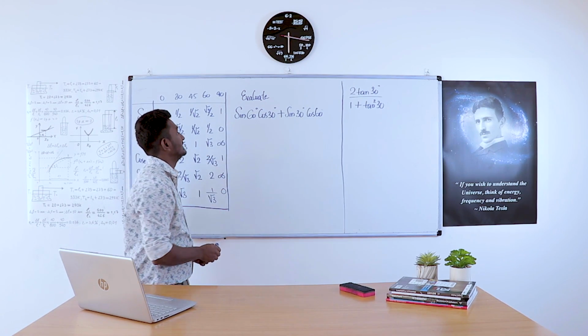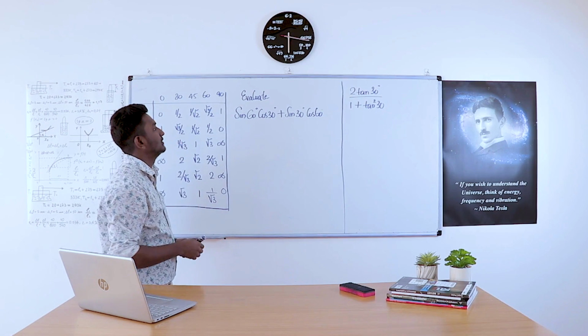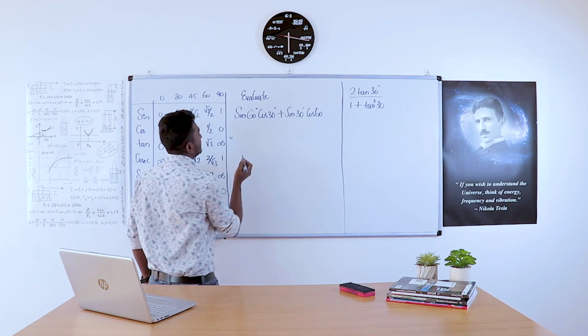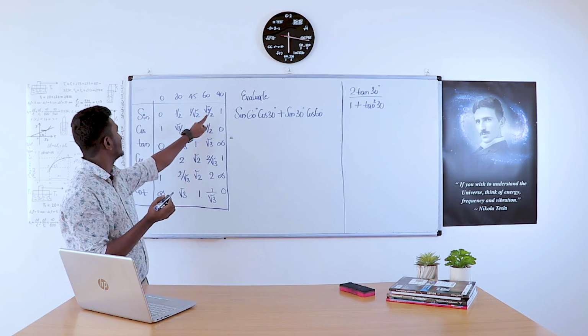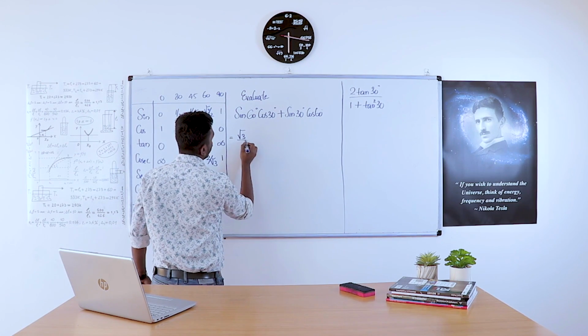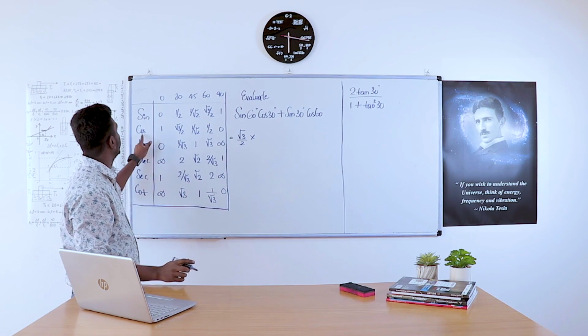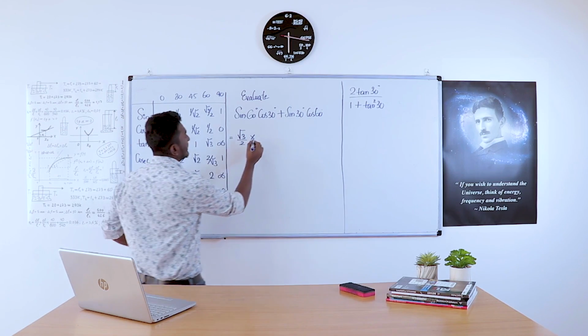Evaluate sin 60 cos 30 plus sin 30 cos 60. Just try to evaluate. Substitute the values. What is sin 60? Just look at the table. It is root 3 by 2, into cos 30. What is cos 30? Just look at the table. It is root 3 by 2,